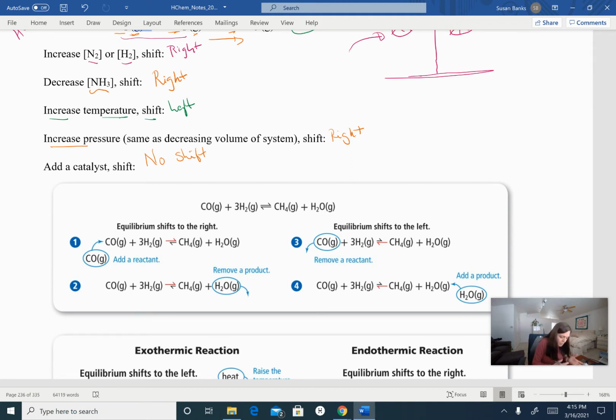Now on number 3 here, if I shift to the left, one way I can do that is by removing a reactant. It makes our reactant side really light. So I need to shift to the reactant side to make it heavier again to balance it out. Or I can add a product, which makes the product side really heavy, which means I have to make more reactants to rebalance that out again. Okay? Now, if we're looking at heat,